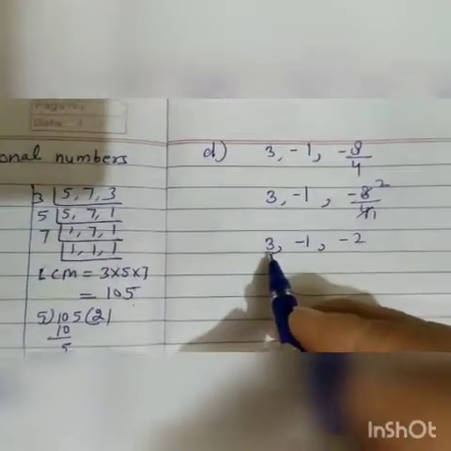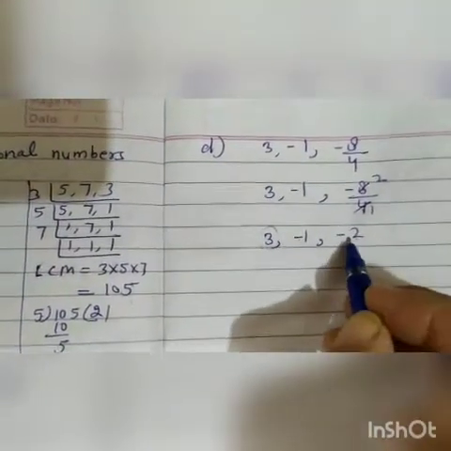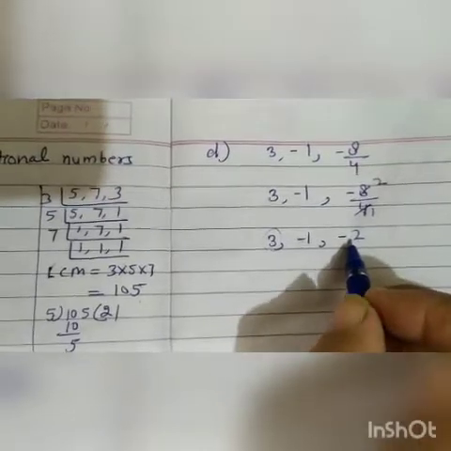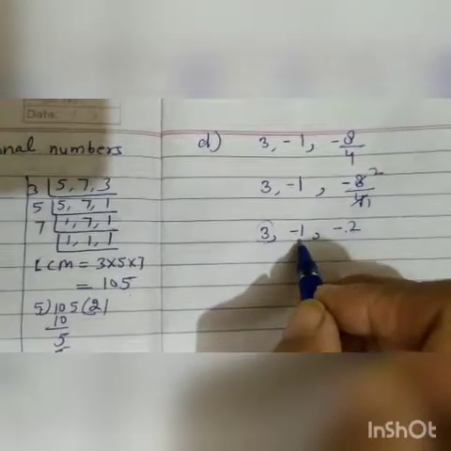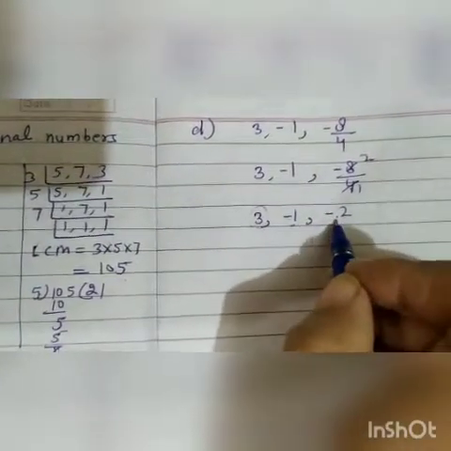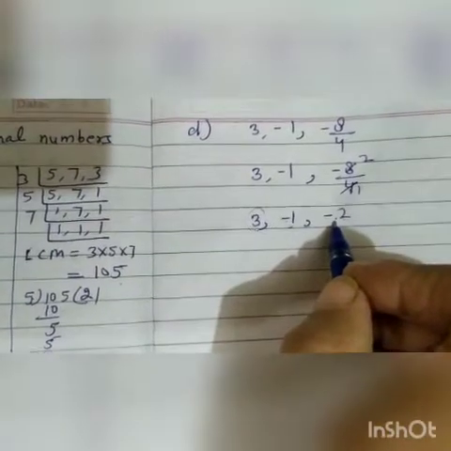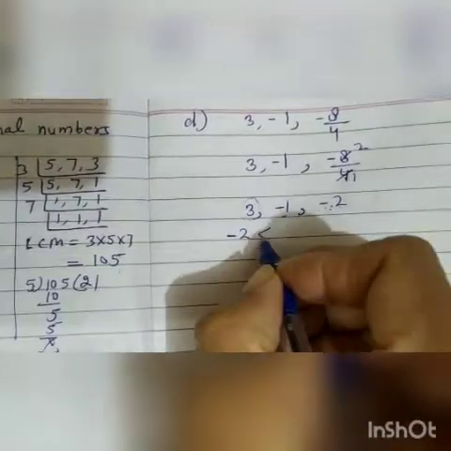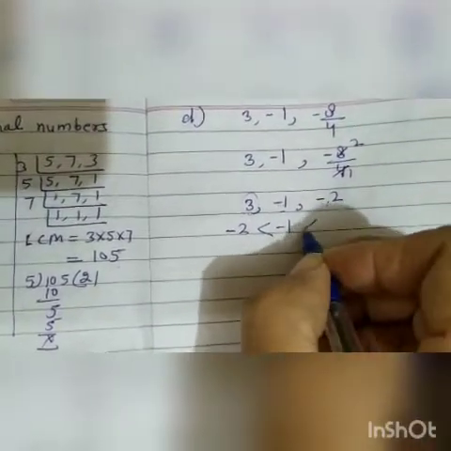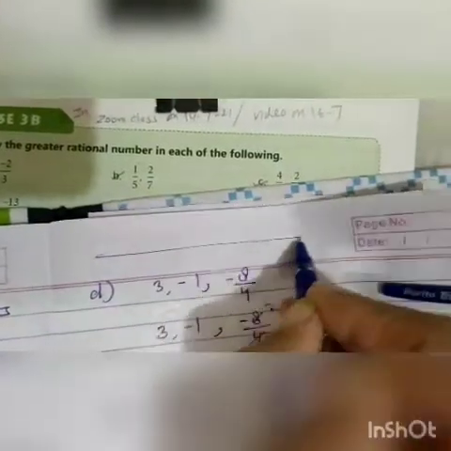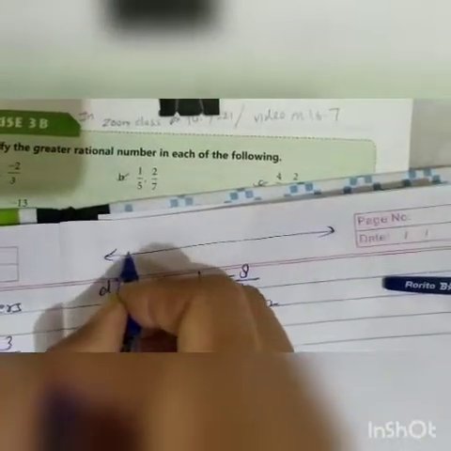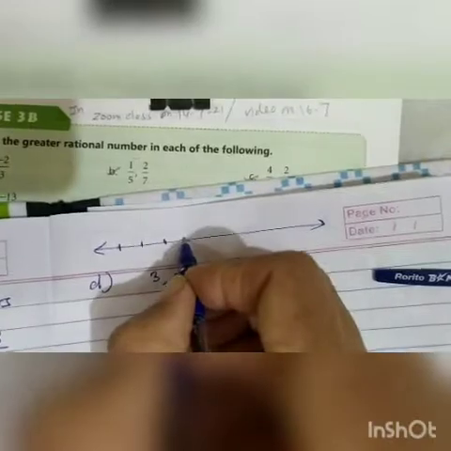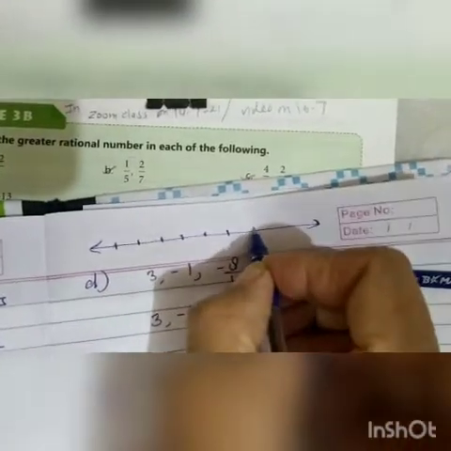Now again 1 is positive and 2 are negative. So first we will write the smallest one between minus 1 and minus 2. Which is smaller? Minus 2. So first we will write minus 2, then minus 1 and then 3. If you compare these three rational numbers by the number line, then also you will notice,